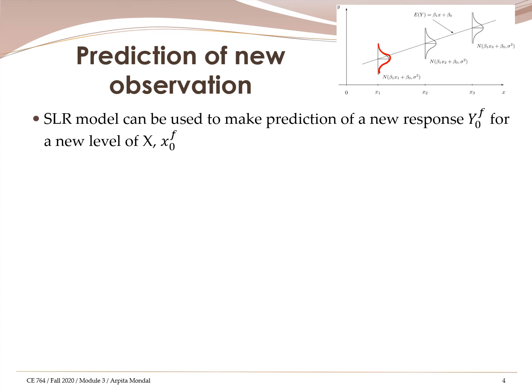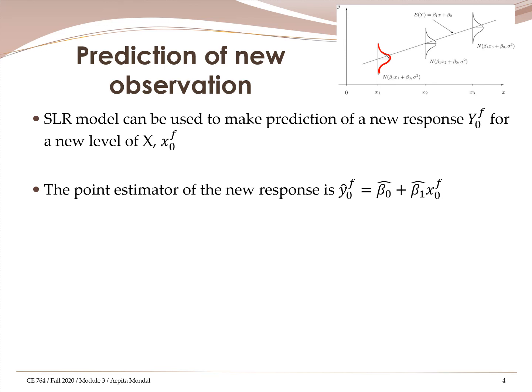And for the prediction, note that I'm also using a superscript f. So of course the predicted response would be based on the straight line that we have fitted. So y naught f hat would be equal to beta naught hat plus beta 1 hat times the new x, x naught f. Now this is the point estimator of the new response,